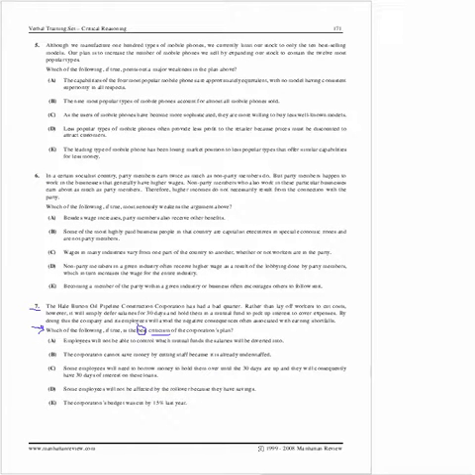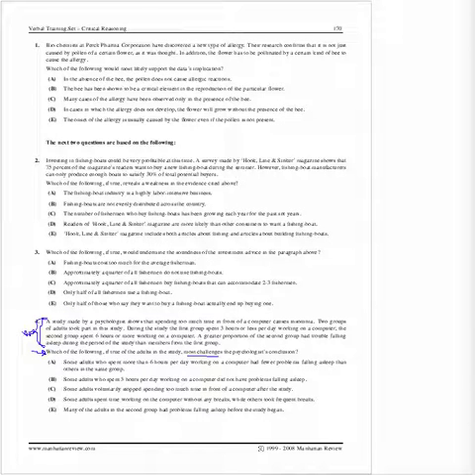So I'm going back to number 4. First one we ever looked at, number 4. All right, so we knew it was a strengthen, weaken, assumption or flaw question because we already looked at it. So now let's read it and let's find the conclusion. So a study made by a psychologist shows that spending too much time in front of a computer causes insomnia. 2 groups of adults took part in the study. During the study, the first group spent 3 hours or less a day working on a computer. The second group spent 6 hours or more. A greater proportion of the second group had trouble falling asleep during the period of study than members from the first group. So,